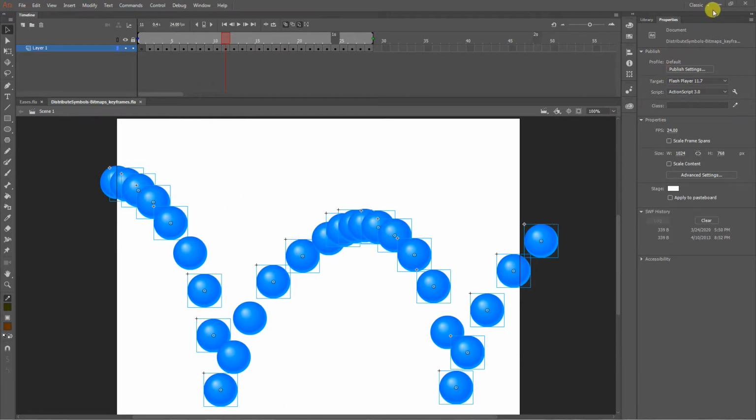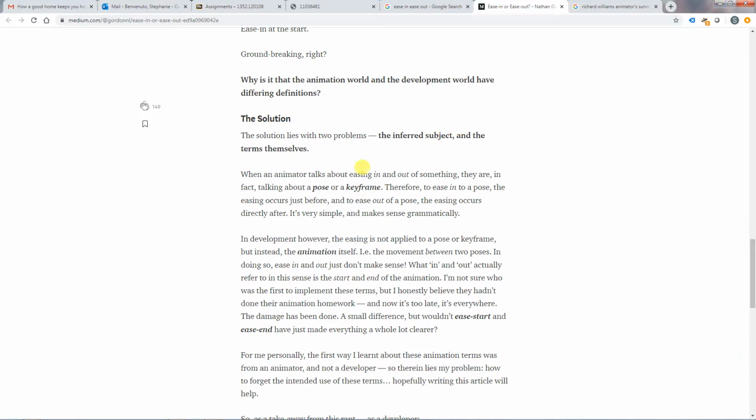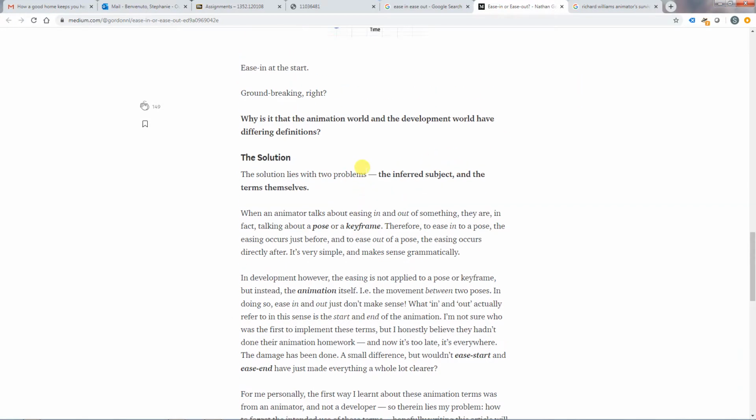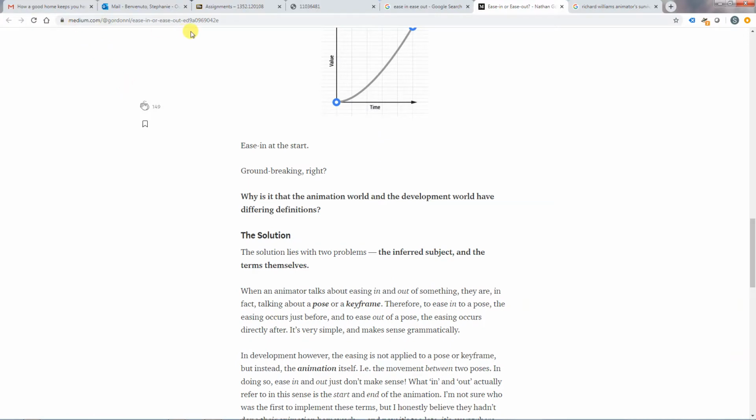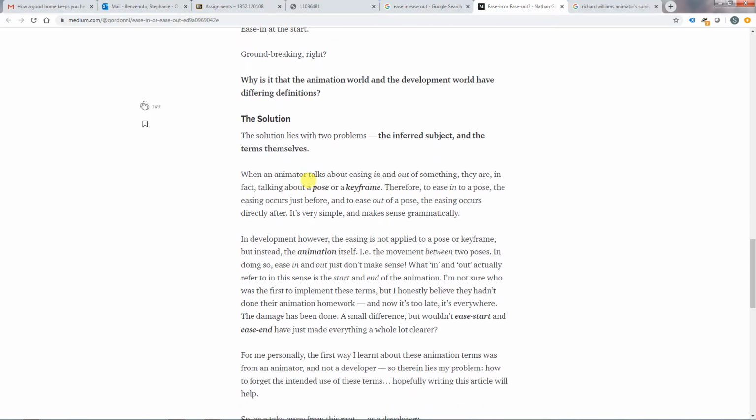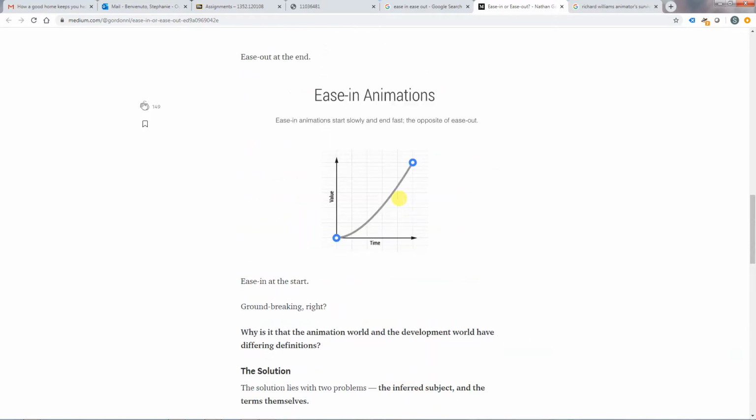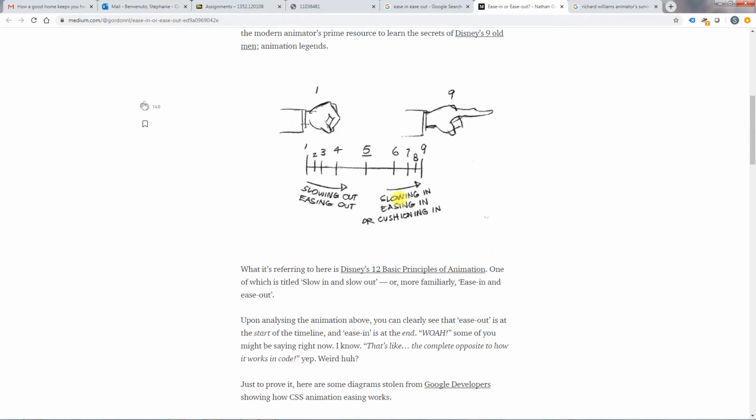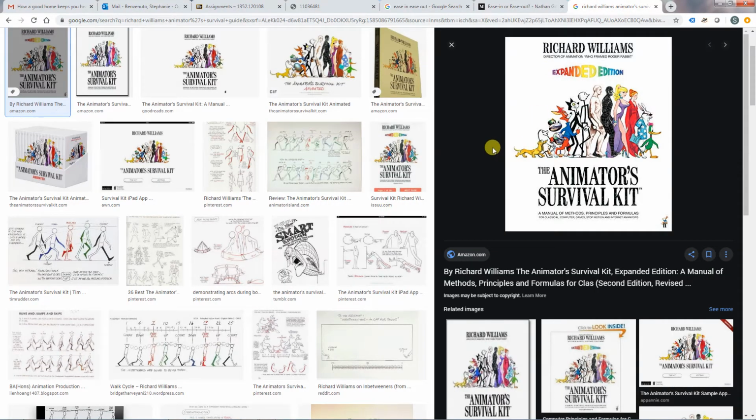And there is a pretty cool essay, slightly not safe for work language, but in Medium, where someone talks about what is going on. The thing with easing in and easing out is that in the old animation world, everything was about poses. So we have here a clip from Richard Williams' Animation Survival Guide, which, if you can, at least check it out of the library, if animation is what you want to do.